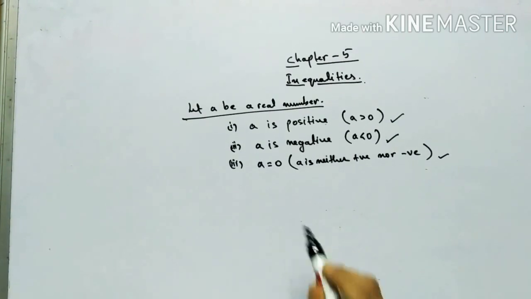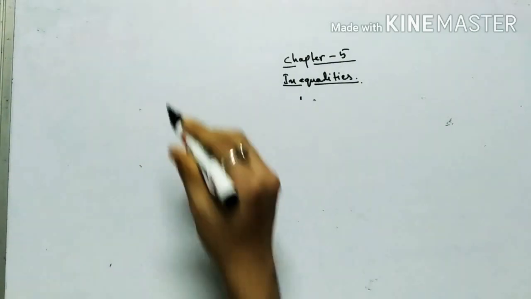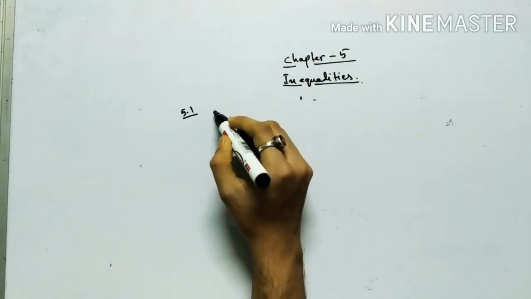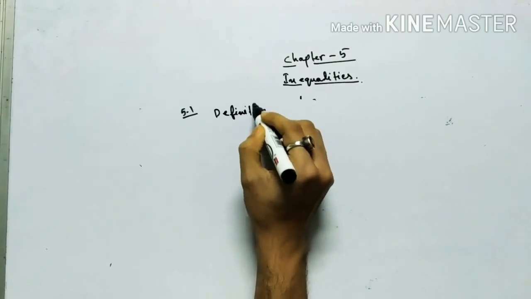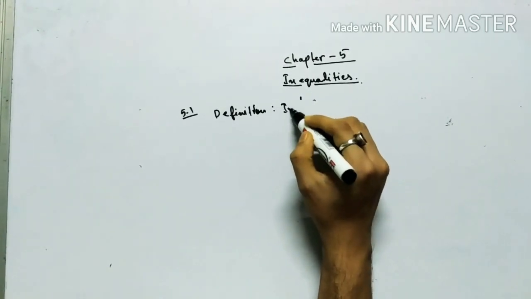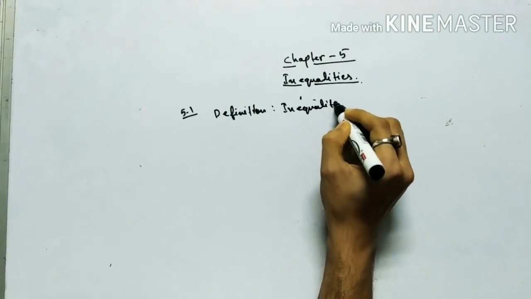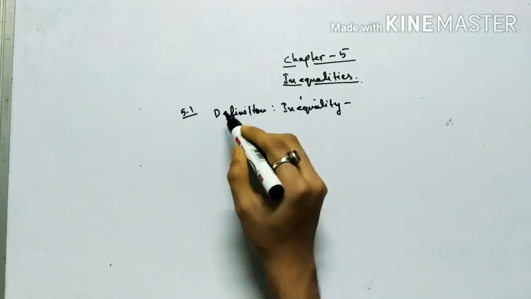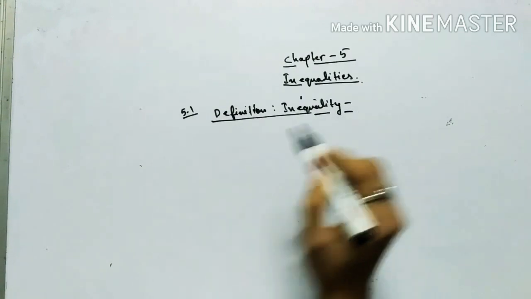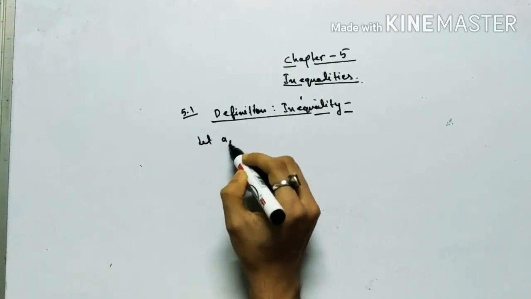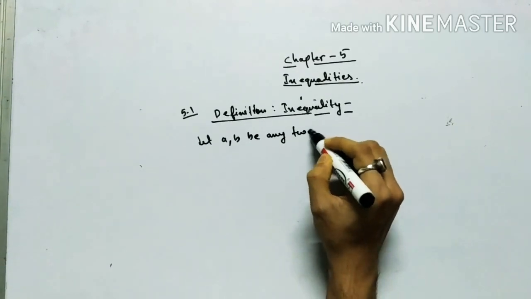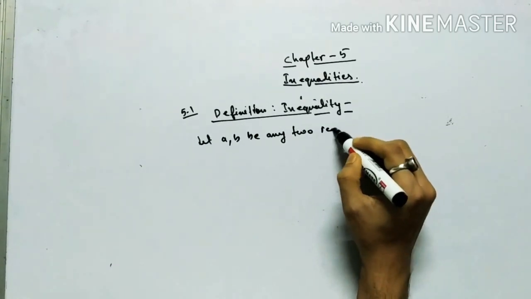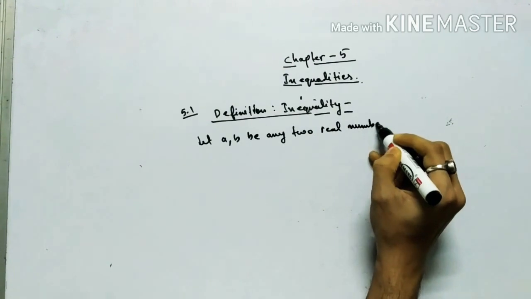And then next it is a definition. Definition 5.1, it is the definition of inequality. So here, let A and B be any two real numbers, then